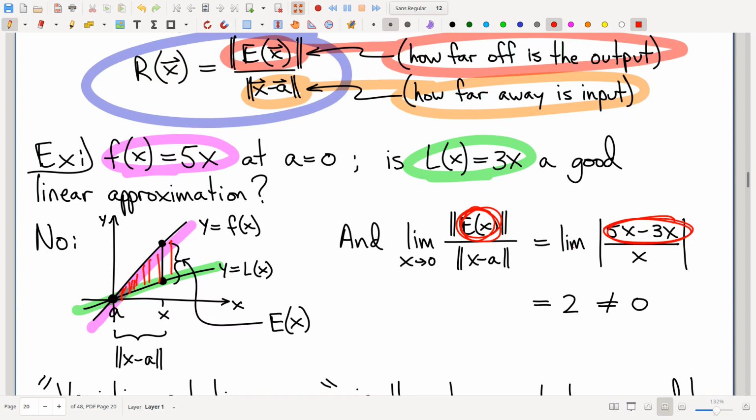The error is indeed approaching zero, but that's not the test that we're applying here. Here, we're interested in looking at the relative error. The relative error says divide by